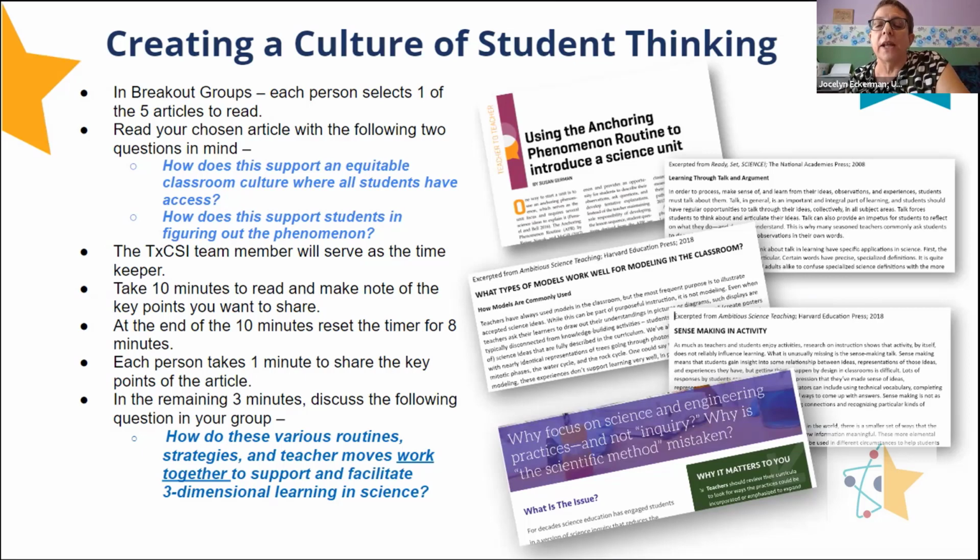How does this support an equitable classroom culture where all students have access? And how does this support students in figuring out the phenomenon? So again, there are 5 different articles meant to really connect directly to the lesson experience that you saw. So there are examples of each of them within that lesson experience for